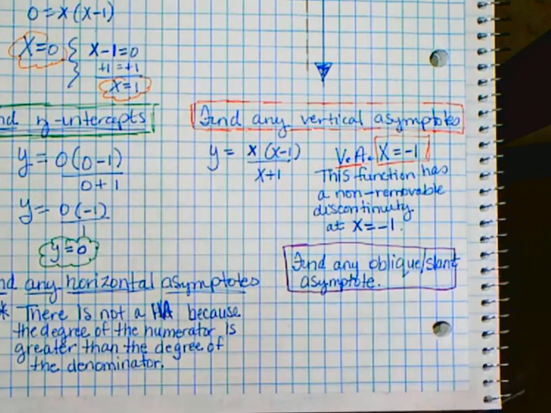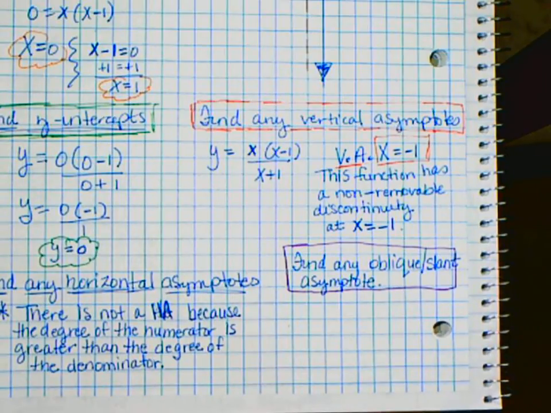A vertical asymptote is a line, a horizontal asymptote is a line, right? Well, an oblique asymptote is also a line, it's just not vertical or horizontal. Like it has a y-intercept and a slope and all that stuff. So, according to the directions that we had written on page 120,